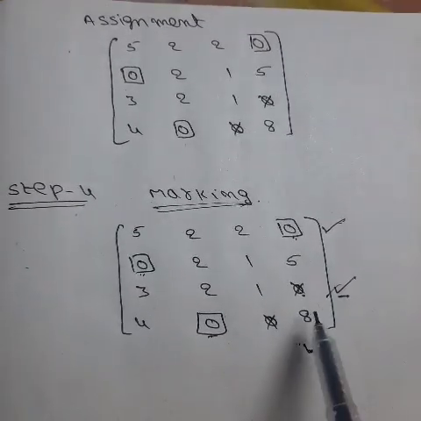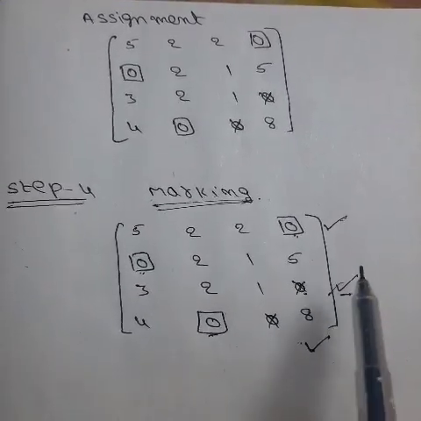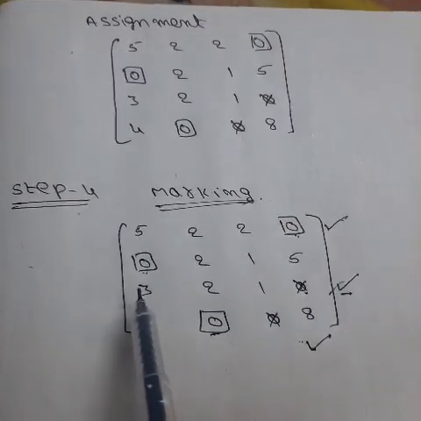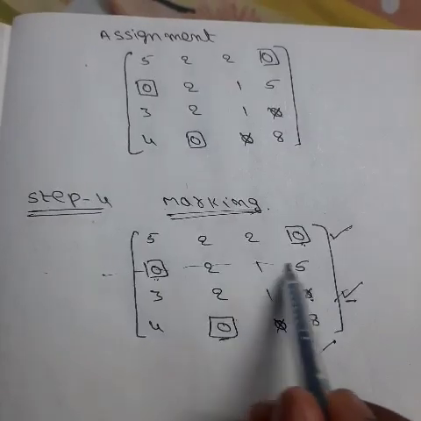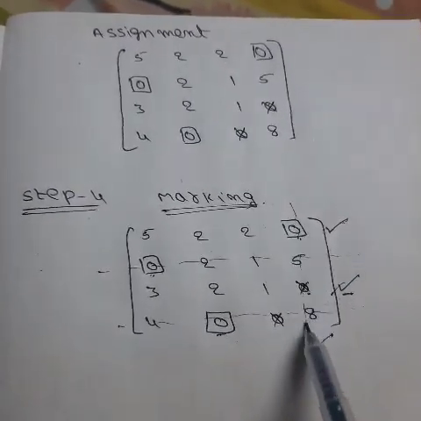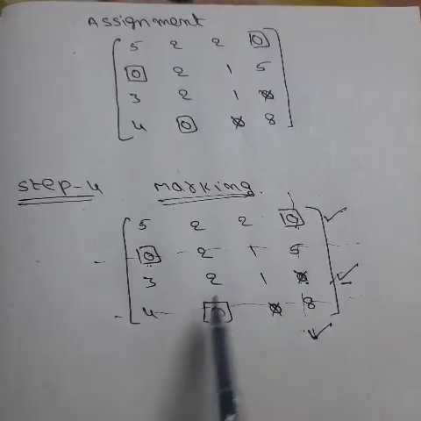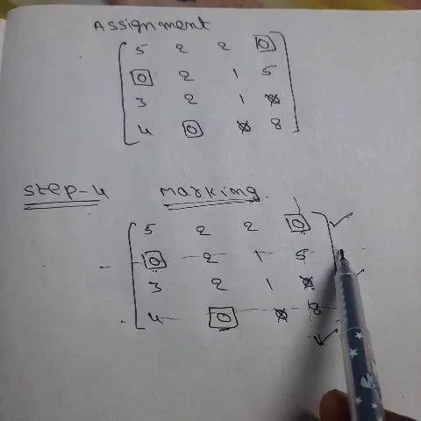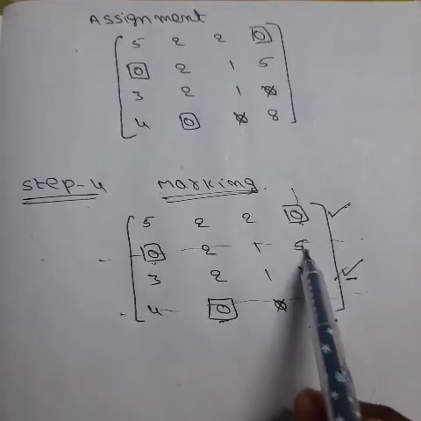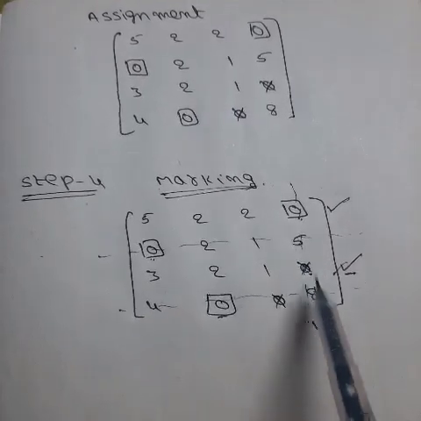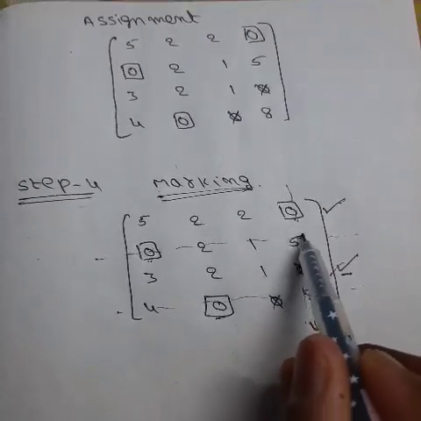After marking, you have to strike down the rows that don't have marking, that means unmarked rows, and marked columns. Unmarked rows and marked columns. By striking off these lines, you will find 2 places where the 2 lines intersect. These 2 points are called intersection points.